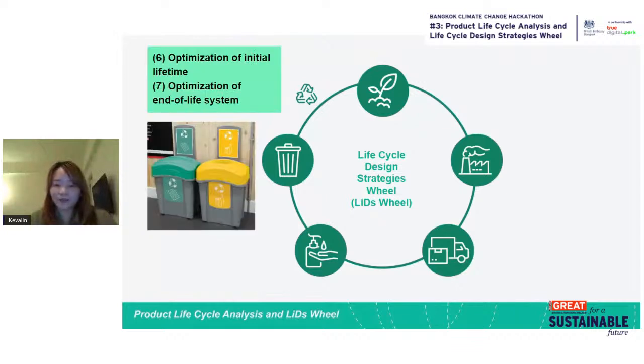And here we are at the end of the product lifecycle. We can either use optimization of the initial lifetime or optimization of the end of life system. Fortunately, glass jar and aluminum cap both can be recycled endlessly without degradation. So we don't necessarily worry about them that much. They can continue being a part of the next product loop, not go directly straight to the landfill. By considering this 8 strategy, we can possibly design endless ways to go about reducing environmental impact of one product.